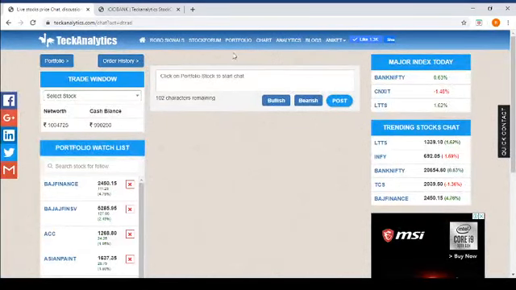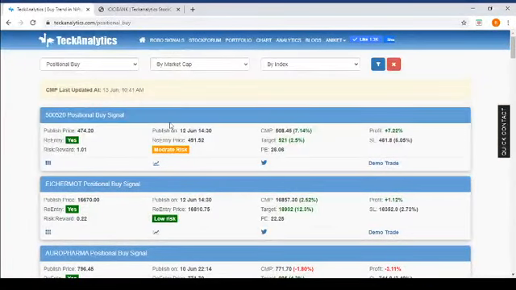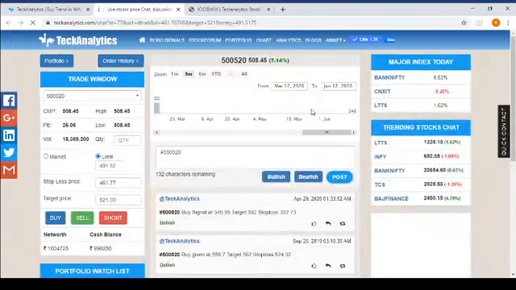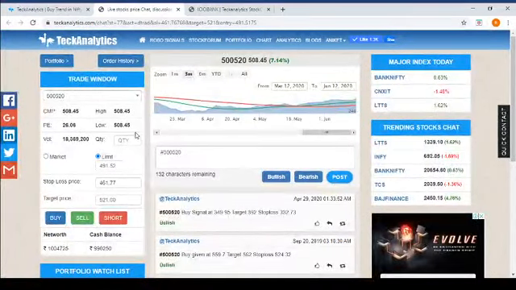and we will go back to the trading window. Now, one more thing I would like to show you here is RoboSignal. We go back to the RoboSignal first page. That is our default page. Now, if you want to trade from this using AI support, which is basically what we are telling you should use, you have to click on the demo trade.